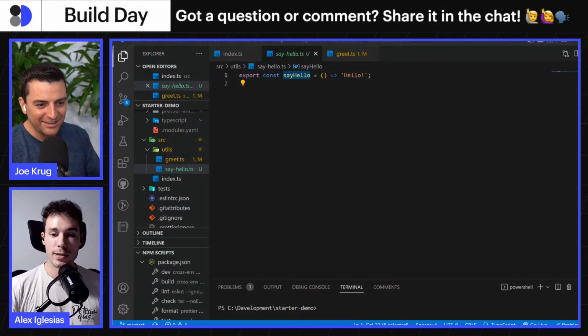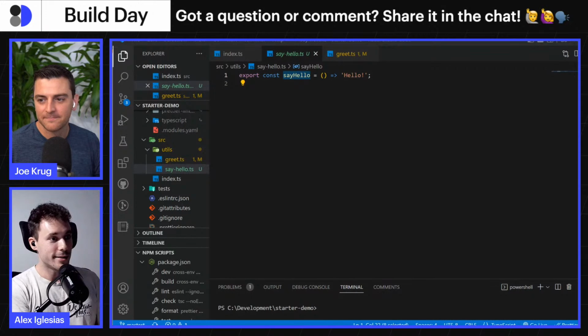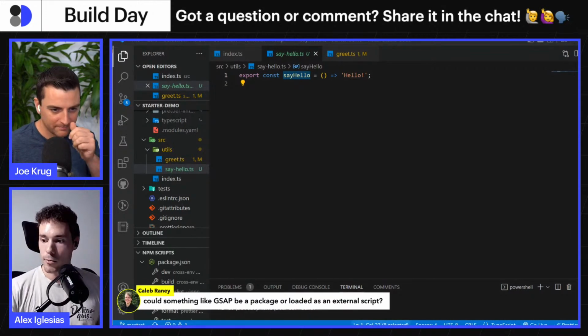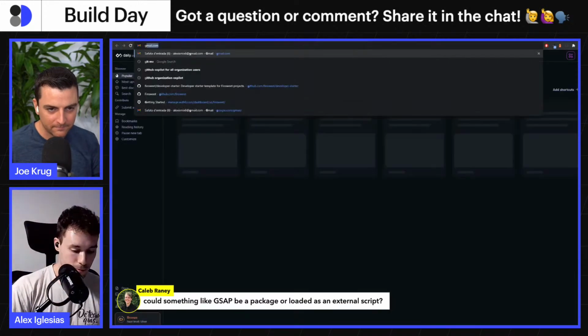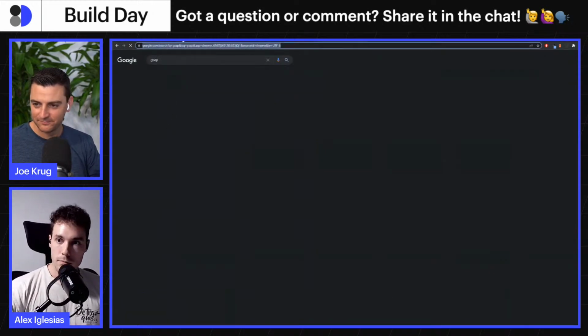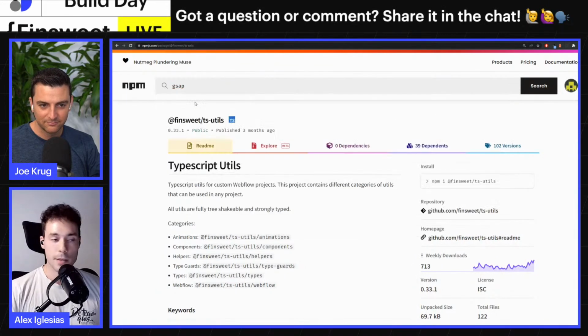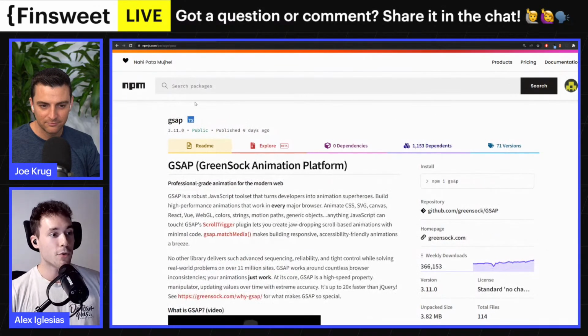I see that somebody, for example, is asking, could something like GSAP be a package? It's actually a package. GSAP is a package. So when we go to GSAP, I think we can just find it here. GSAP is a package, and whenever you're importing it,